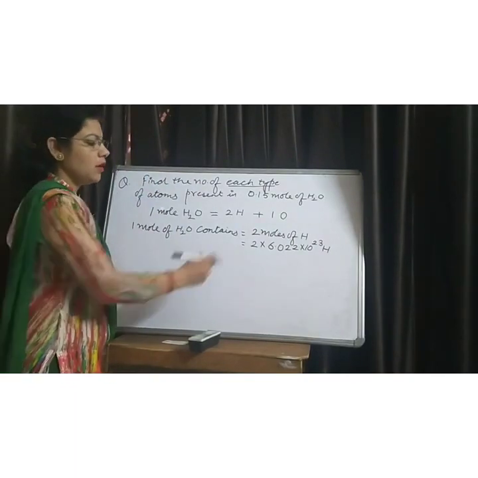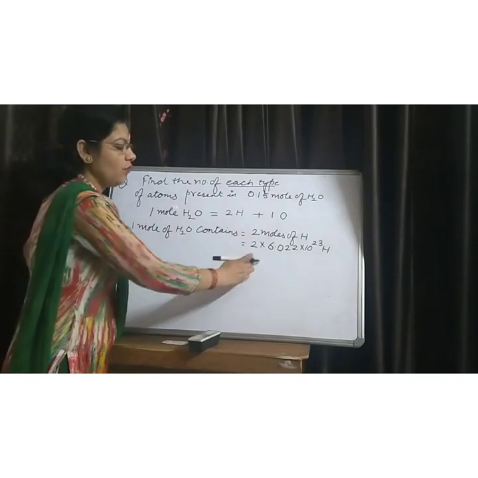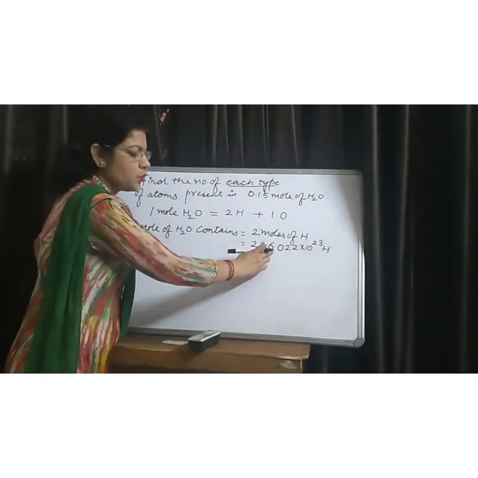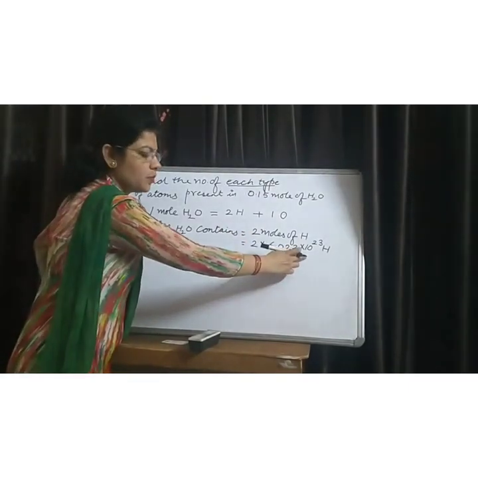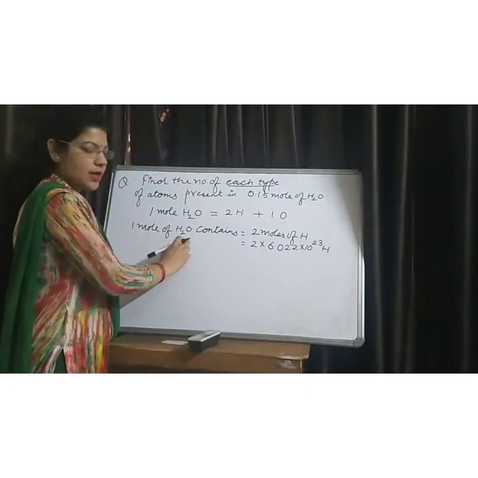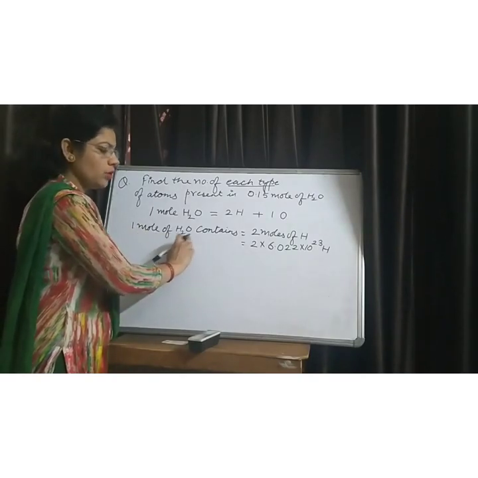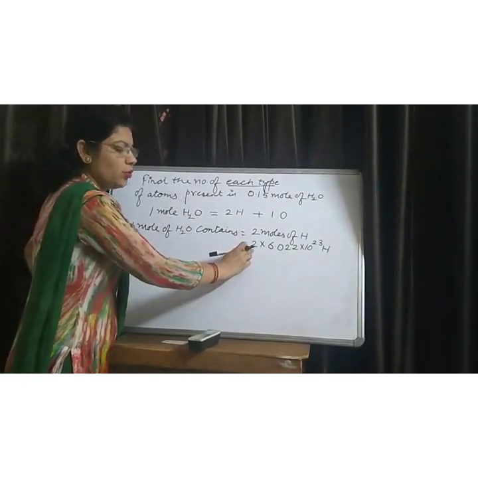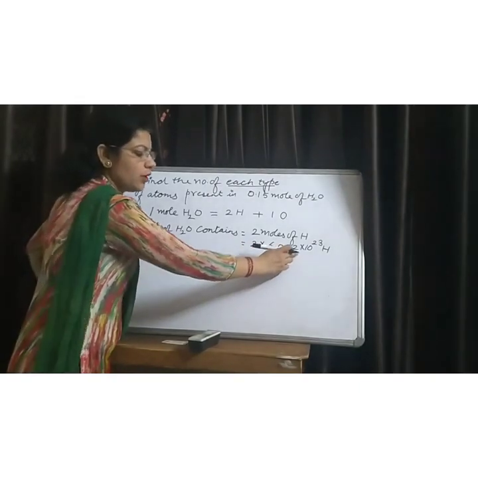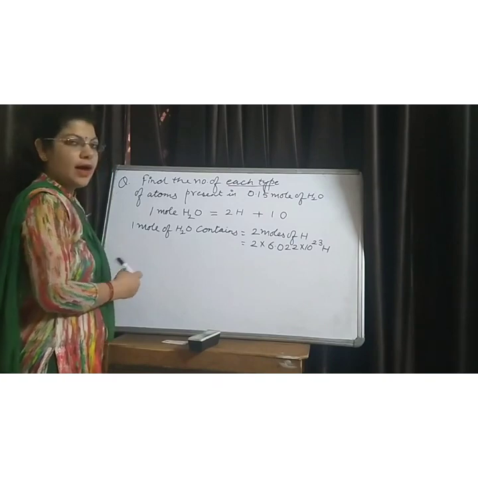As we know that 1 mole is equal to Avogadro number, and the value of Avogadro number is 6.022 into 10 raised to power 23. Therefore, 1 mole of water molecule contains 2 into 6.022 into 10 raised to power 23 hydrogen atoms,